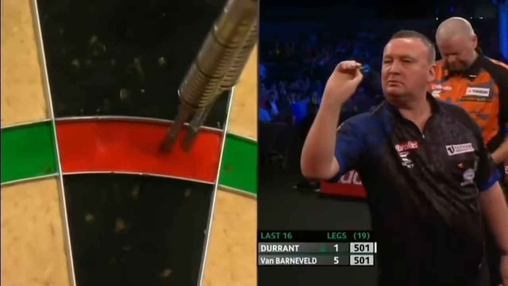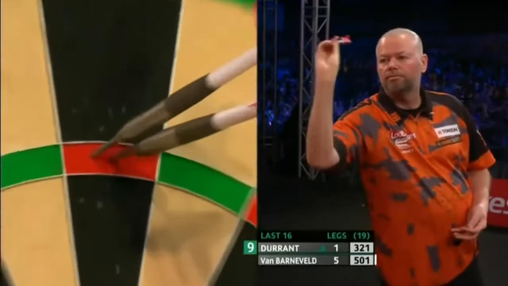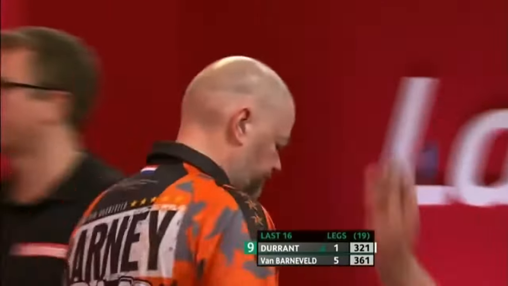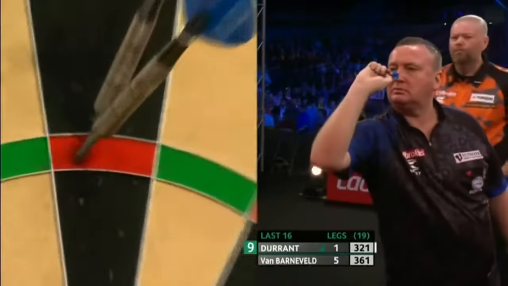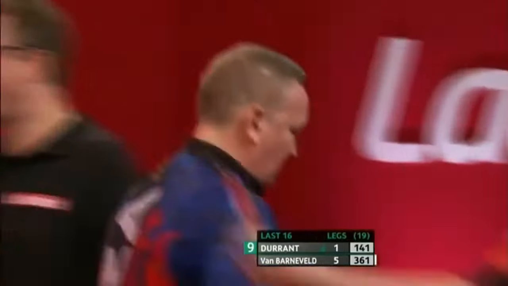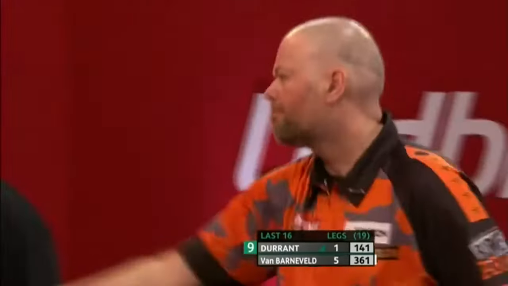Dutch traffic from Barney. Yes, and he had a dart to win the first leg. Durant finally gets maximum scoring moving in his column. Back comes Barney, playing well. Here we go again. 108! Well, we've had quite a few attempts at the 9. We've seen the 9. Durant needs to get himself back in the game, and what better